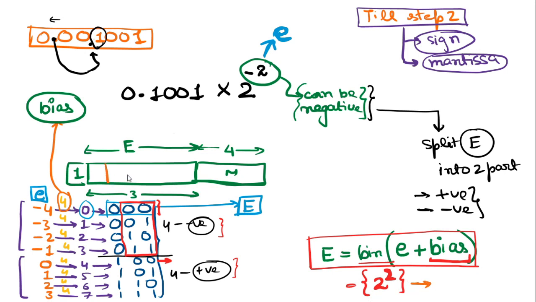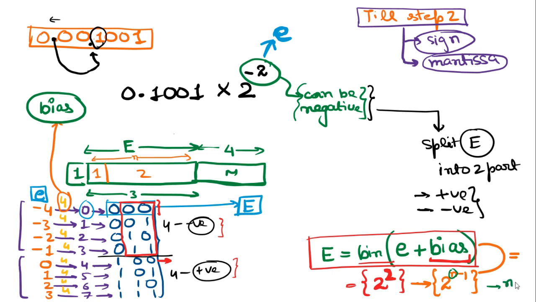What do I mean? Since it was 3 bits, 1 was the most significant bit, 2 was the remaining part, and using these 2 bits we represented all the negative numbers, right? But if this section is n bits, then 1 will be the most significant bit, and this section will be the entire space for n minus 1 bits. In that case we will have 2 to the power n minus 1 negative numbers before 0, right? But we are representing the most negative number by 0, right? So there is a shift of 2 to the power n minus 1 numbers. Therefore this bias will always be equal to 2 to the power n minus 1,